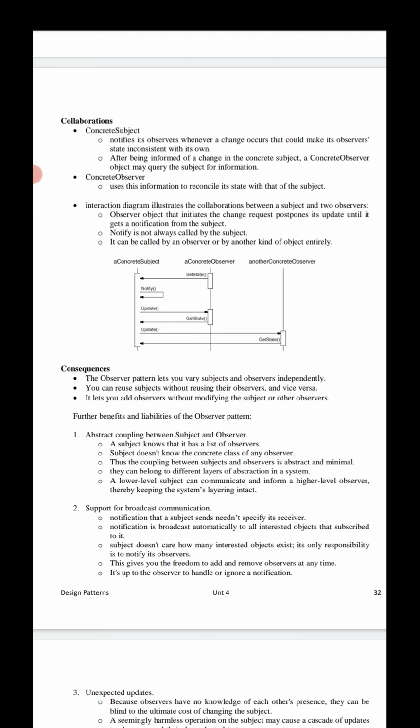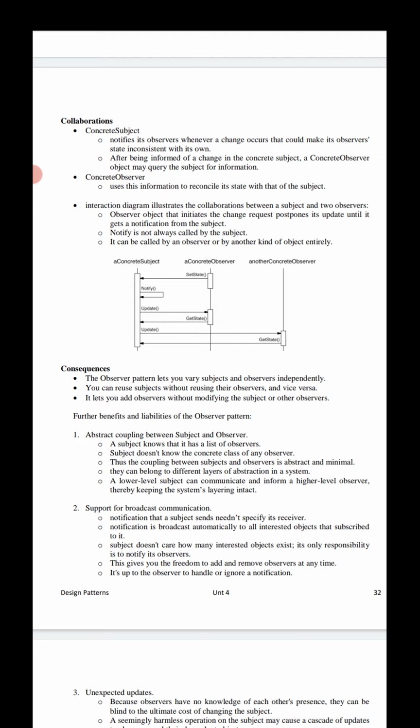After being informed of a change in the concrete subject, a concrete observer object may query the subject for that information. The concrete observer uses this information to synchronize its state with that of the subject.